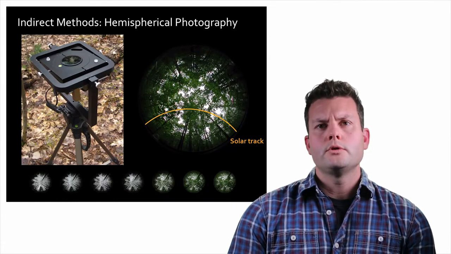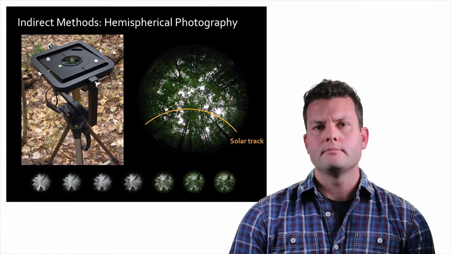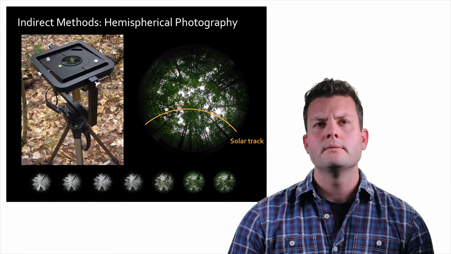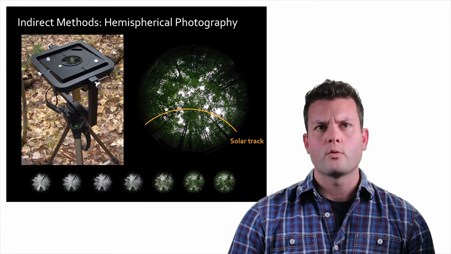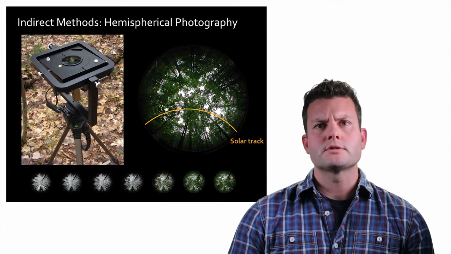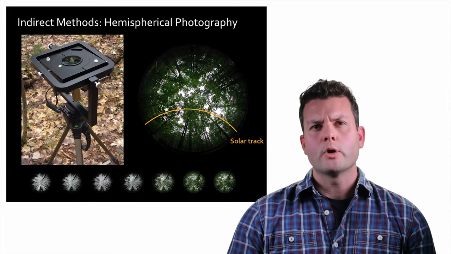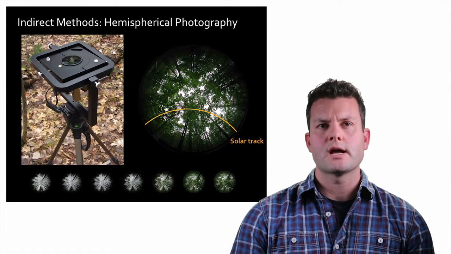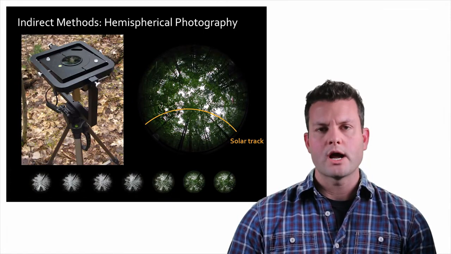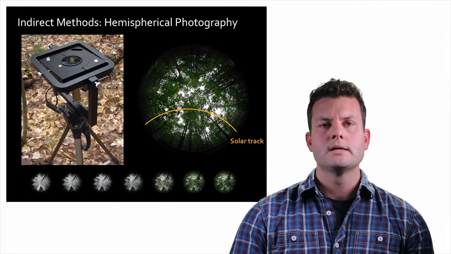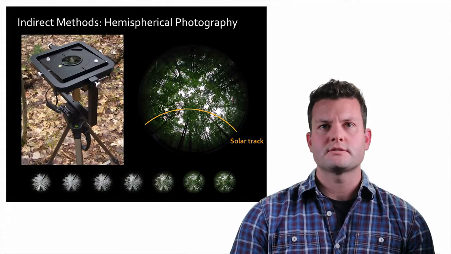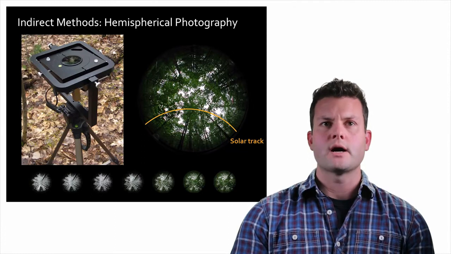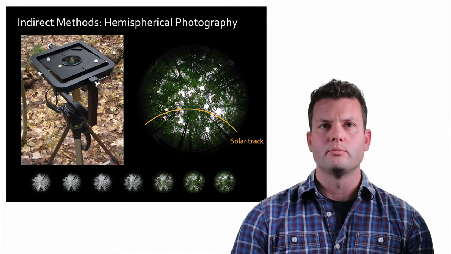So, hemispherical photography is a method that essentially uses measurement of transmitted light to estimate LAI. It's a method that's been around for quite a while and is fairly well established. What it consists of is taking a camera, using a fisheye lens with that camera, attaching that whole camera apparatus to some sort of leveling deck, and then pointing it upwards so that it's facing the sky. So it's placed beneath the canopy, facing the sky, and then we're going to image the canopy from below